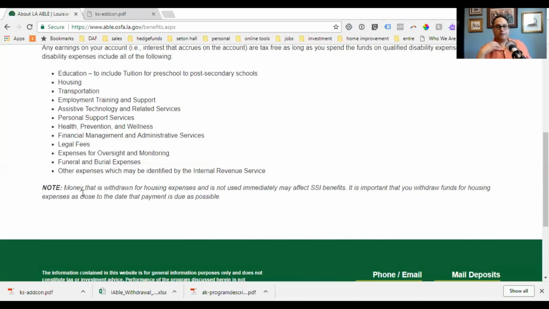I myself run a wealth management firm, a financial planning wealth management firm, and a number of our clients are individuals with special needs, which is where this whole special needs life planning really came about from, to provide a service to individuals that were asking the same questions over and over, and we wanted to make sure that others can benefit from that as well. So that's something we would recommend to our own personal clients, but if you reach out to us randomly, or you reach out to the state of Louisiana,